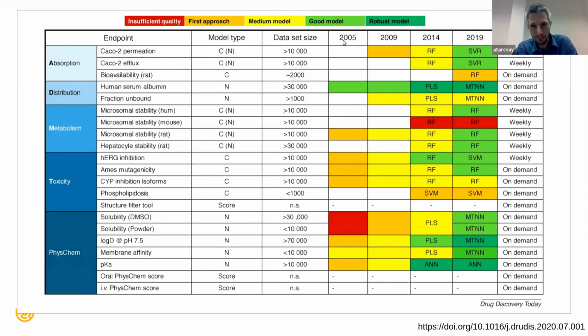And how they are using it retrospectively. And recently, these are the techniques that they are using on these data sets to come up with predictions. As you see, support vector regression is used. Random forest is still the most popular or the most highly used, since it can tolerate outliers. But multitask neural networks also appeared and are used more and more